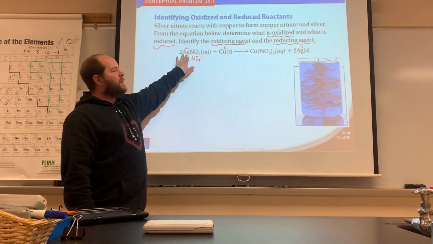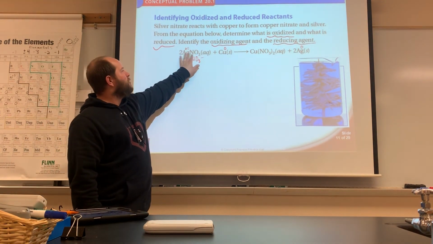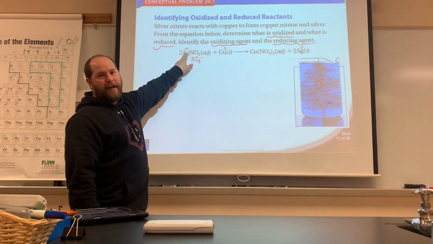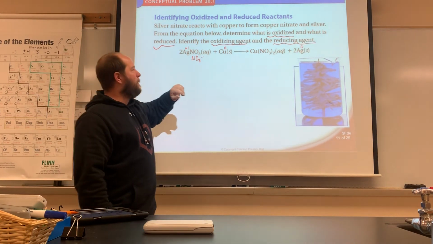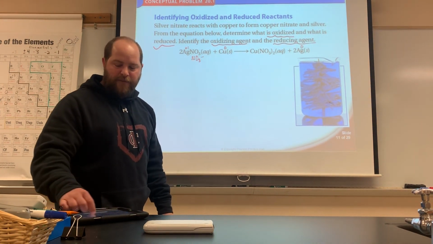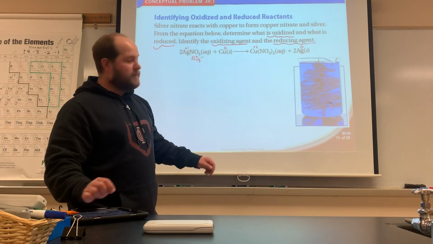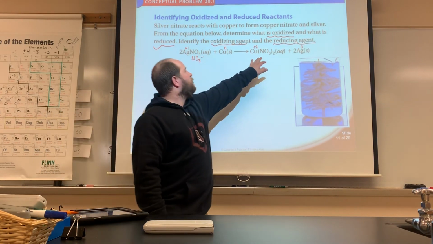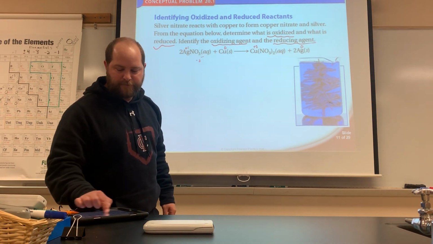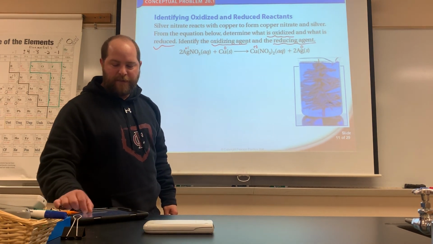The oxidation number is the charge associated with it in its compound. So the silver here has a charge of +1. Over here, the copper has a charge of +2 because it's attached to the 2 nitrates. So I'm going to get rid of this. Okay, so we've assigned the oxidation